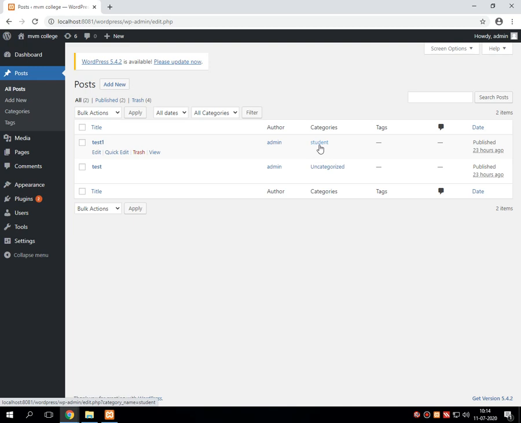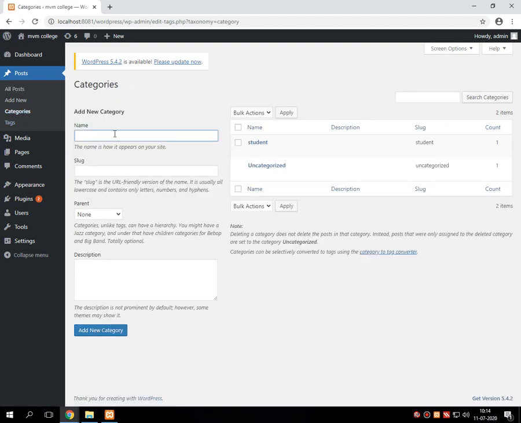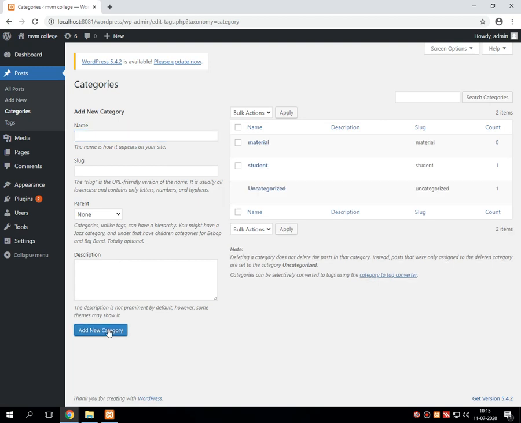Again, I am repeating the entire topic. For the post called test, first I am creating a category, that is material. I am adding this particular category.